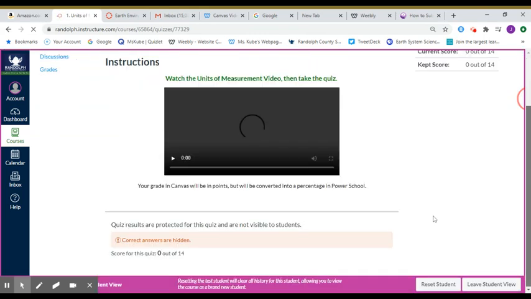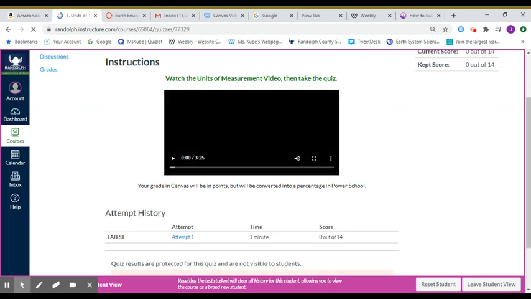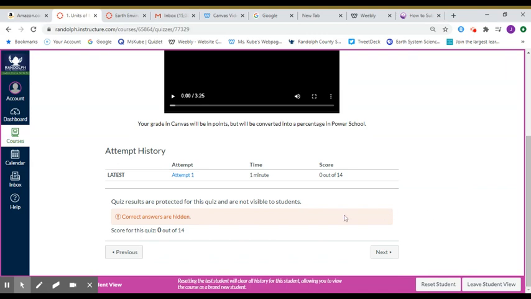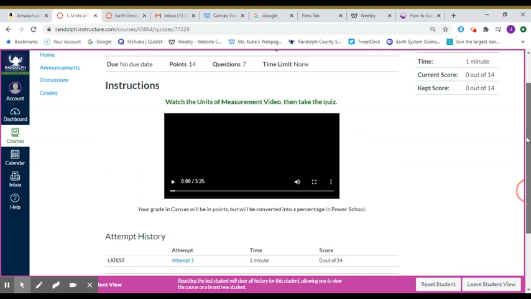All right, so the responses here, I won't give you the correct answers through this. This means you can see the correct answers and you will see them at one point. You'll see them in the feedback at the end of the day, but you won't see them throughout the lesson. So you will see your score, 0 out of 14, and that's about it that you'll get from here right now. But at the end of the day, after I put in the grades and give you your feedback,